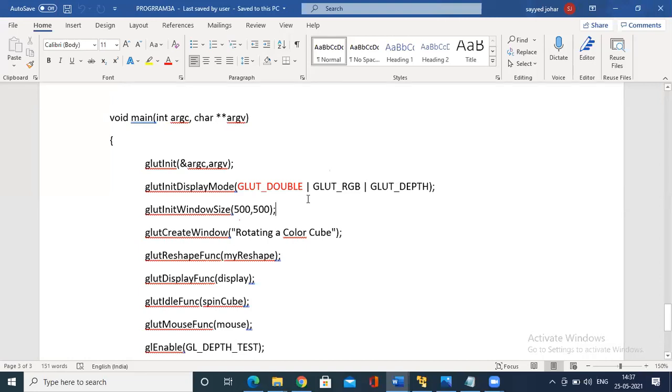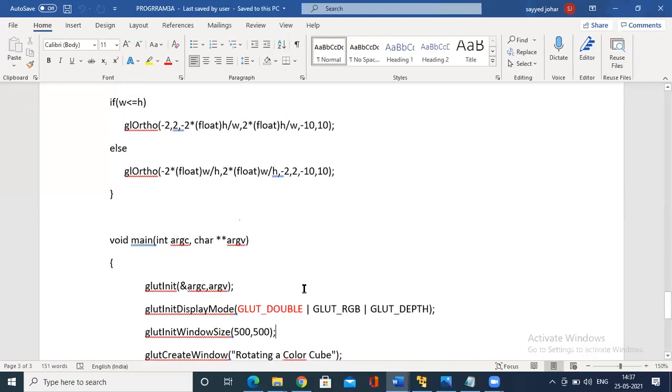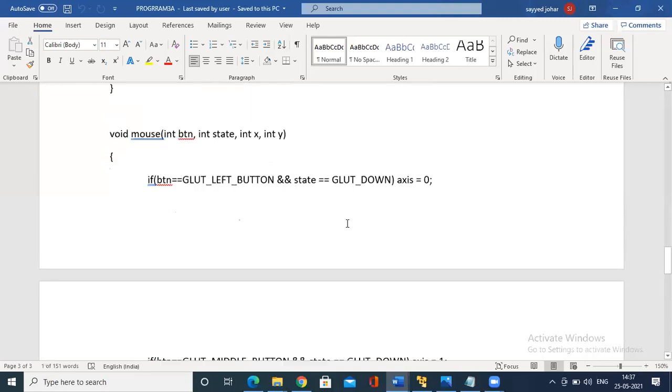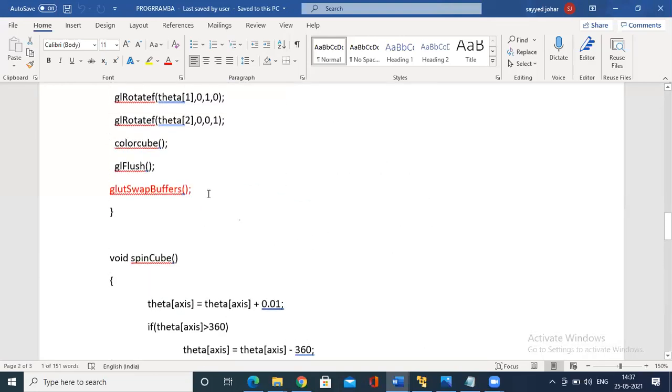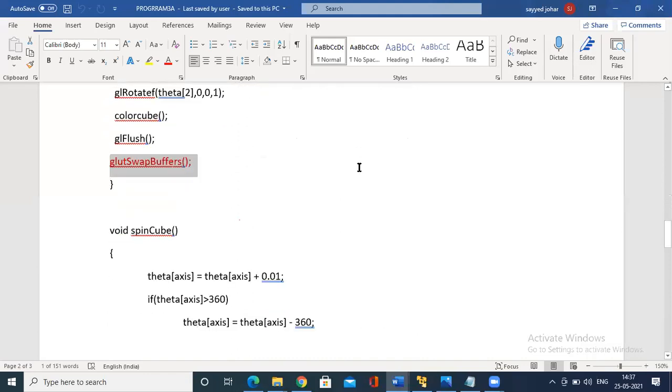In fact, a few systems do not support single buffer for cube rotation. Hence you could use double buffer. This is a slight modification you could make to the given program if you are not able to get the output. Whenever you use a double buffer, you have to swap the buffers, so you have to use one more function after the flush function in display: glutSwapBuffers. This is about the first cube program.